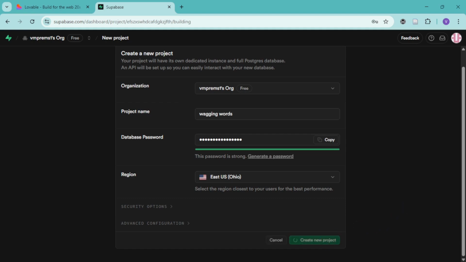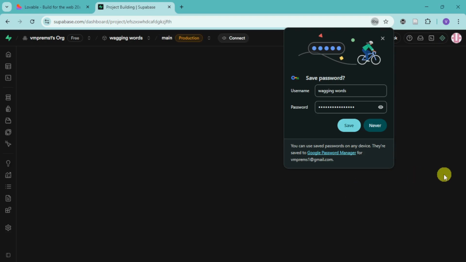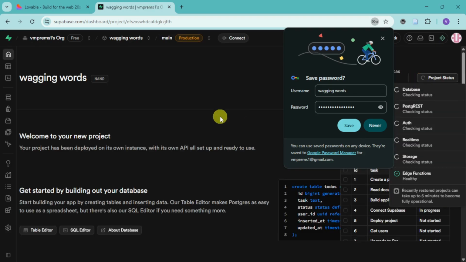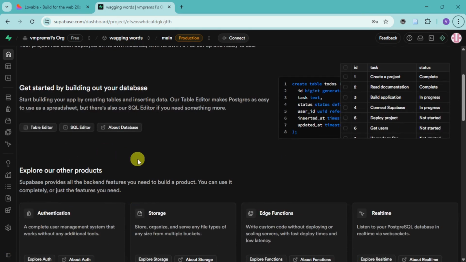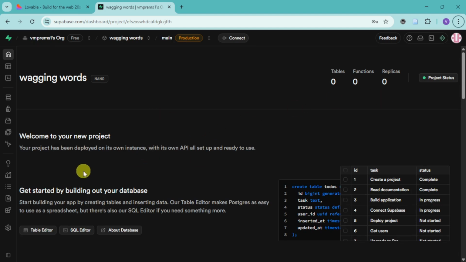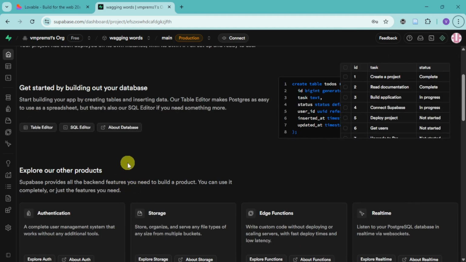Once you're done with this, next thing we need to do is we just need to head over and then see it right here. Now, from in there, you can find this SQL editor, which means that we have now created this all together. And you can see everything for this particular project that we have created from our actual